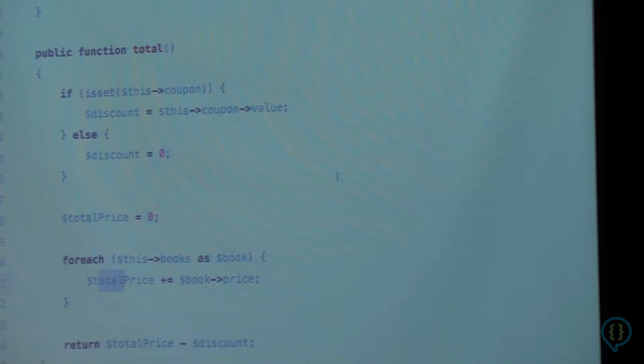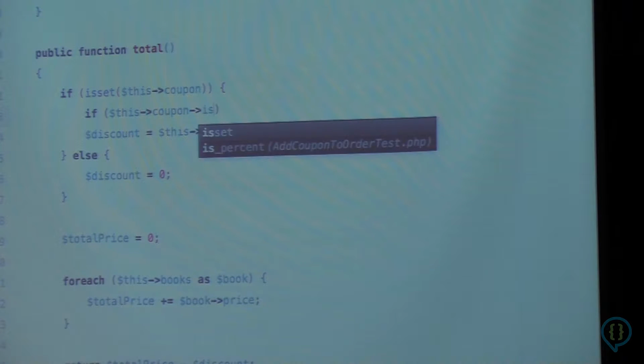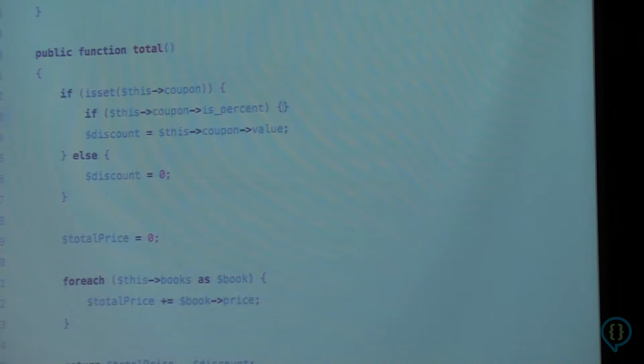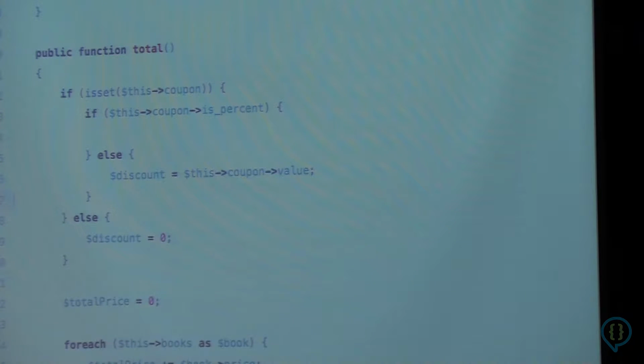So what we might want to do here is figure out, okay, where are we figuring out this discount? It looks like it's this chunk of code here. So if there's a coupon in place, we calculate the discount by just getting the value of the coupon. But now there's 2 possible ways to calculate this value depending on whether it's a % off coupon or not a % off coupon. So we might add a conditional statement here, right? We might say something like, if this coupon is %, then we'll do one thing, else we'll do another thing. So the else is going to be the fixed value calculation that we already had. But what are we going to do in this case?